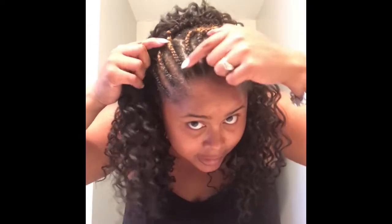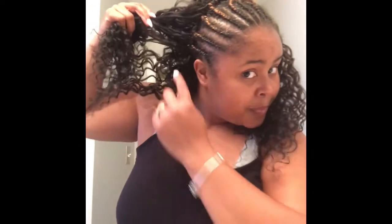Now the trick with this style is I did not do my beehive braid starting all the way over here and then started it. I left about 4 braids over here. So I started with the rest of them braiding down, and then I went around in my beehive, and then these 4 I caught up and ran into the second braid. That way, when I have this style, if I want to do an invisible part right along here, it'll look more natural,